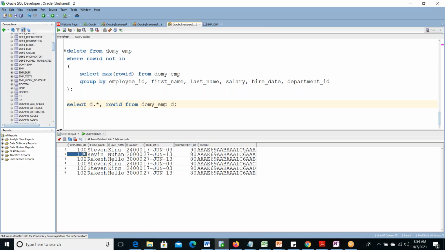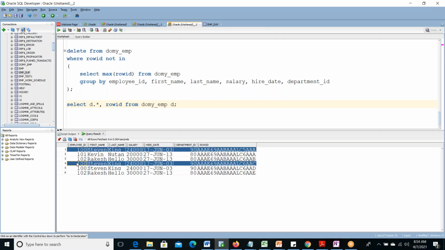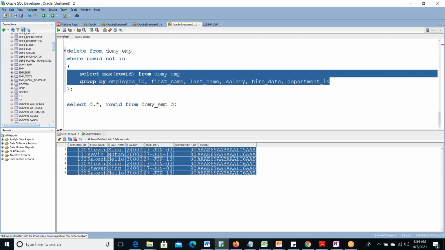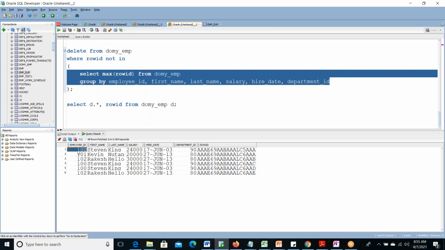From the 3 groups, just see, 100, that is one type of record. So 100, 100, this is one group. Similarly 102, 102, one group, and 101, third group. Total 3 groups are there. From all these 3 groups, it is taking the maximum row ID. 3 groups, 3 maximum row IDs. Out of those 3 groups, in 2 groups duplicates are there. The 100 related group and the 102 related group have duplicates. The 101 related group has no duplicate. So it will skip those maximum IDs